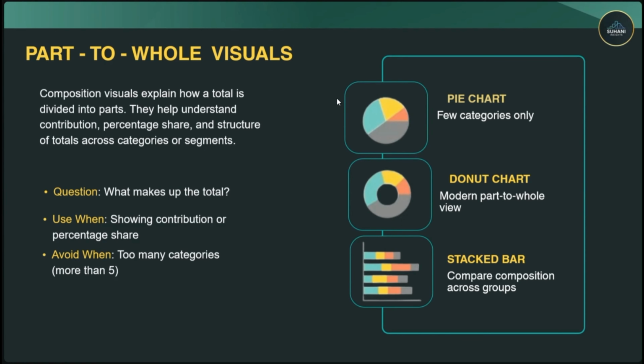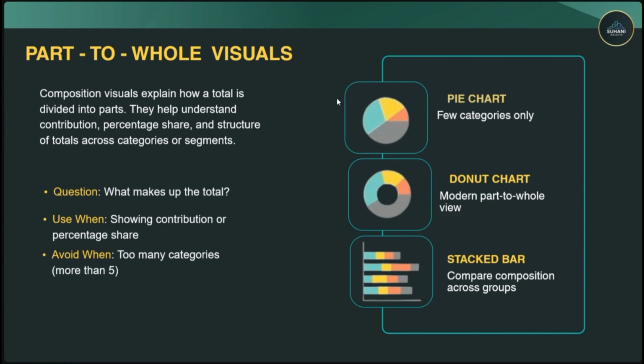Oh, the stacked bar chart is left. Stacked bar charts are used to compare the composition across groups. Say 18 is for tablet, 12 is for laptop, and 10 is for phone. In that 12, how much is for each region? This color is representing that. Just imagine there are 4 regions in the company. Blue is for north region, yellow is for south, red is for west region, and black is for east region. If you're talking that way, then this stacked bar chart is the perfect choice.